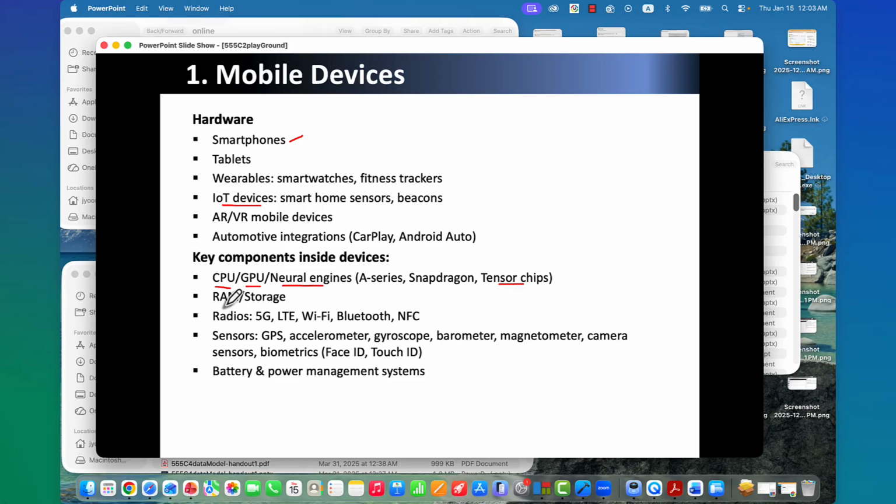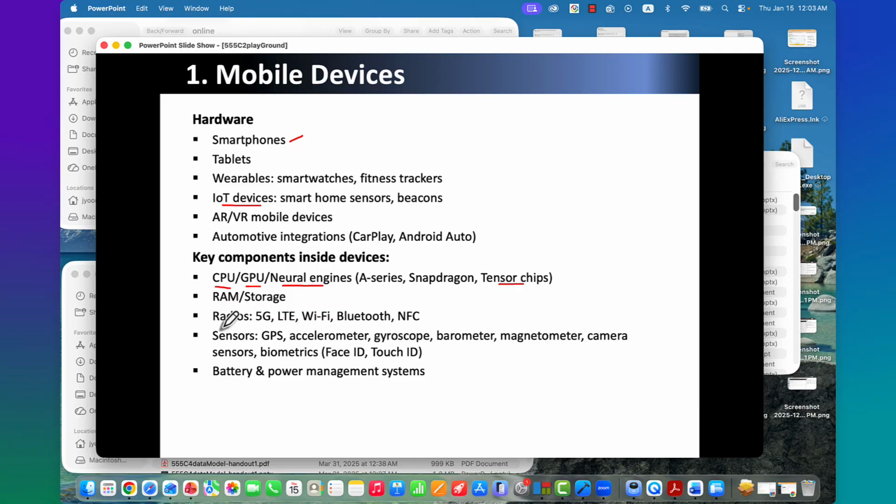For example, if you have some experience with Raspberry Pi, which is IoT, then it has a RAM, which is the process memory, and also it could have some storage. Although Raspberry Pi has an external storage, particularly an SD card, right?